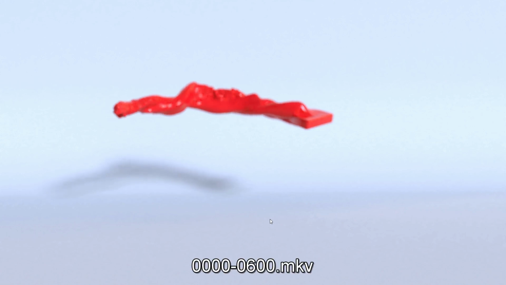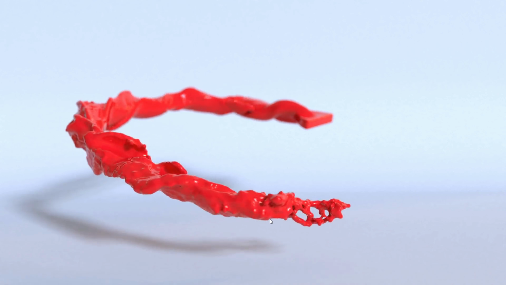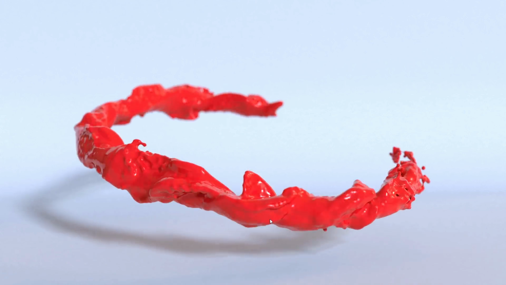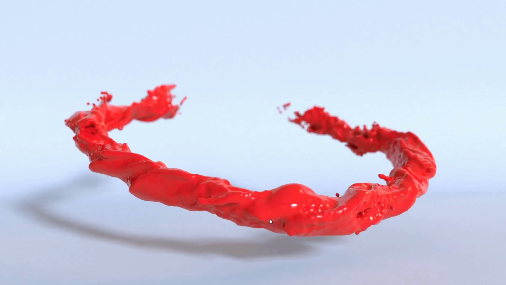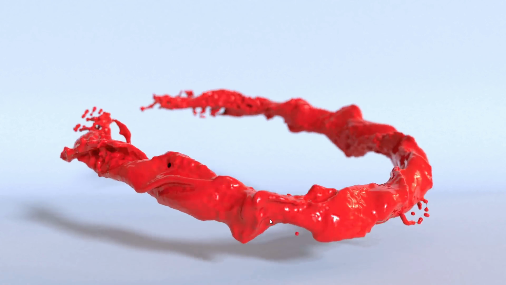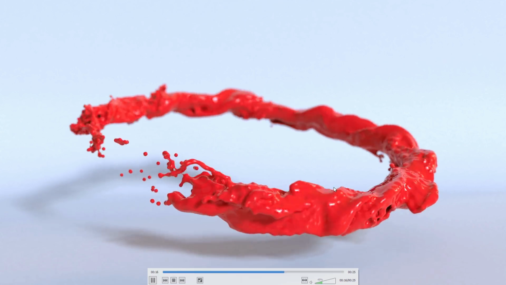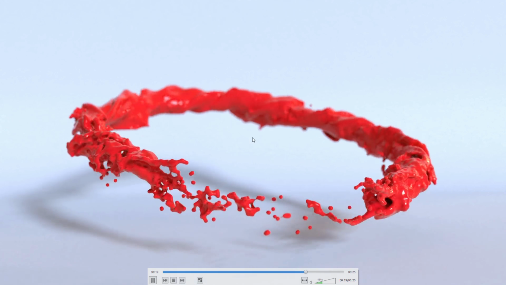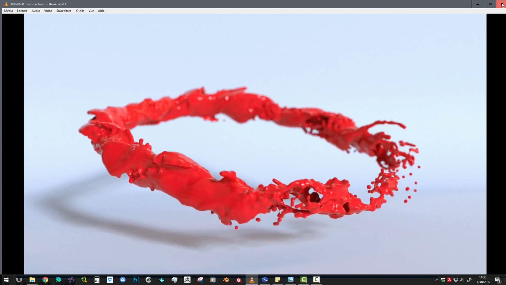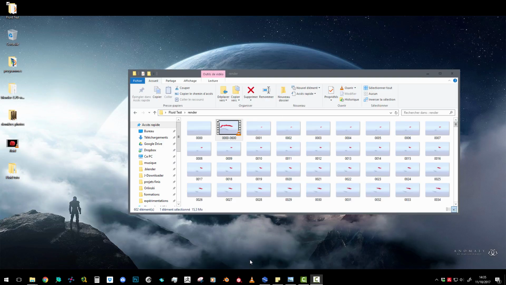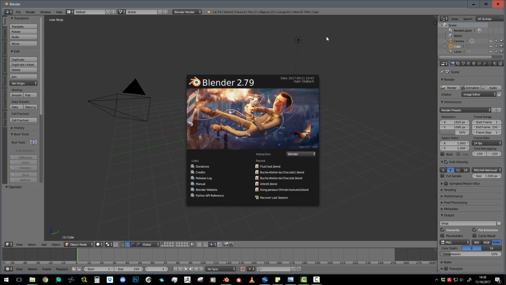So first I will have to explain why I do my simulation in Realflow. We have a nice fluid simulation in Blender, so why do it in Realflow? The reason is simple: Blender has really nice features for this, but it's not completely finished for me to have something really professional for that. And the first reason, the main reason for me, and I call for developers